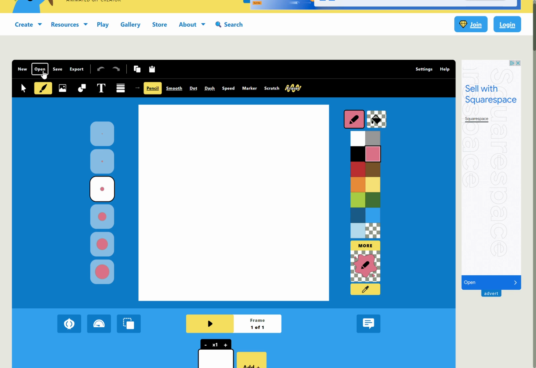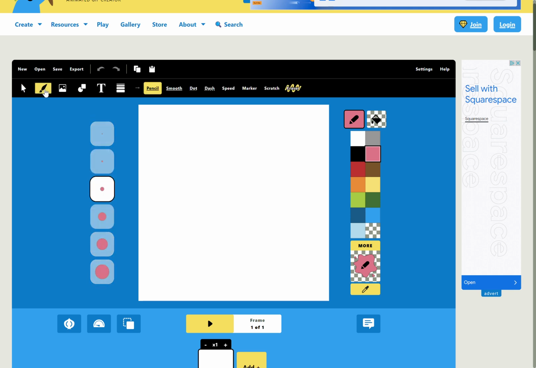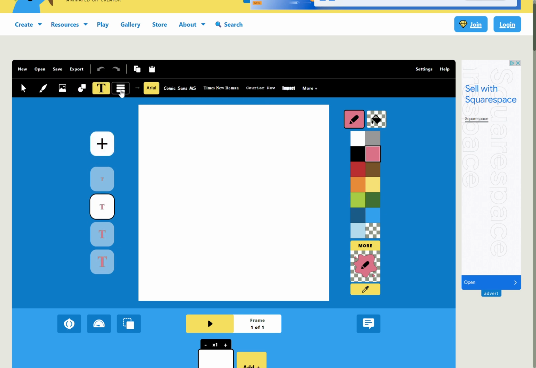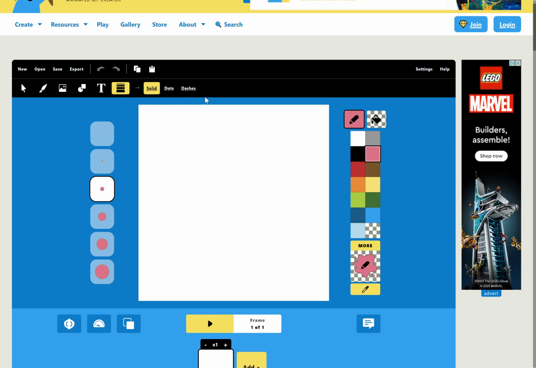We can open previous projects and save projects before we go. We've got the select tool, which we need to remember to come back to. We've got the brush tool, which will help us do drawings using a pen. We can use images from other websites. We can create circles and squares and other shapes using the menu up here with the shape tool. We can insert text. We can also change the thickness of lines and write with dots and dashes too,